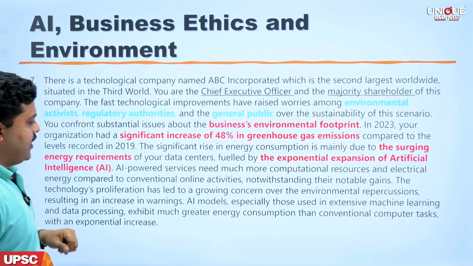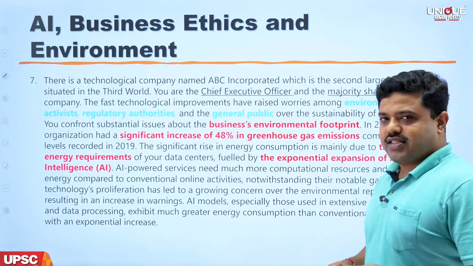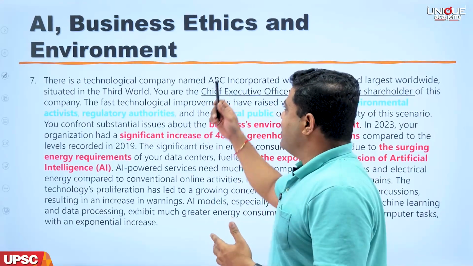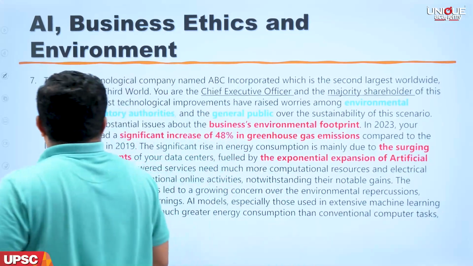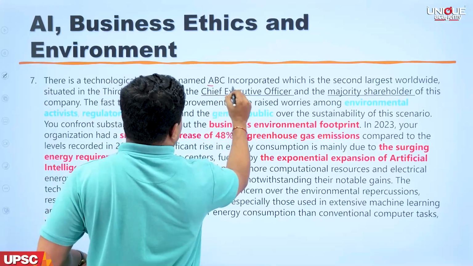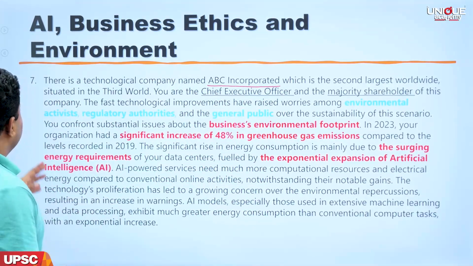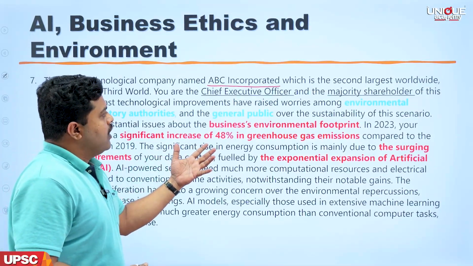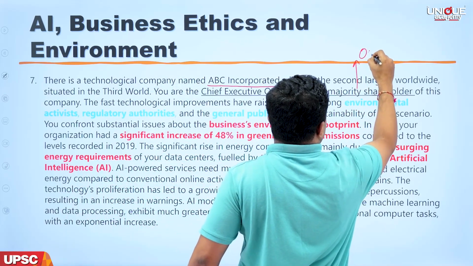Now the first case study, as you can notice from the title, is about the use of AI in industries, business ethics while using AI, and its implication on the environment. So I'll read the case study for you. There is a technological company named ABC Incorporated. You have to keep this name in mind, which is second largest worldwide, situated in the third world. You are the chief executive officer and the majority shareholder. The meaning of this is owner